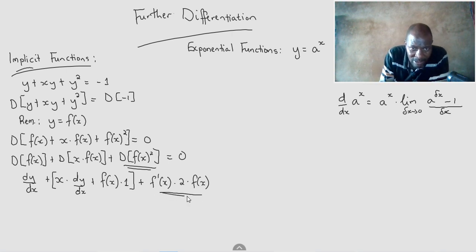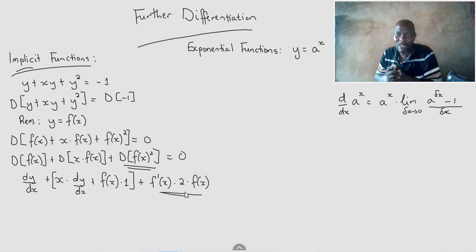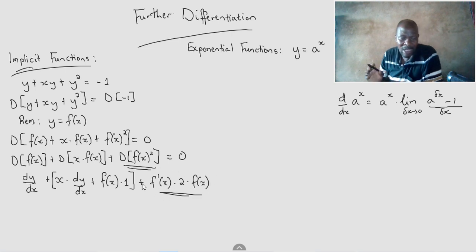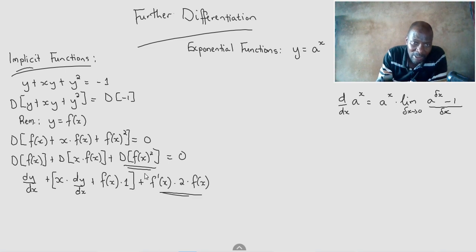This here is the ultimate derivative of a function raised to an order. You get the inner derivative, and then you do the order as if it was just a normal function, x to the power of n. So you would say n x to the power of n minus 1, but in this case it's a function, so then you get the inner derivative. That's how you've done this. I hope people can revisit those sections to understand what we're doing here. So this is this derivative here, this third derivative,